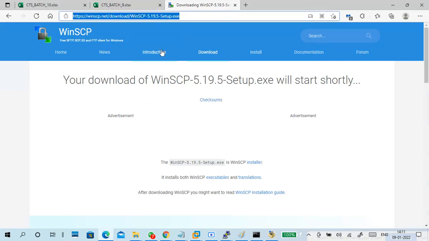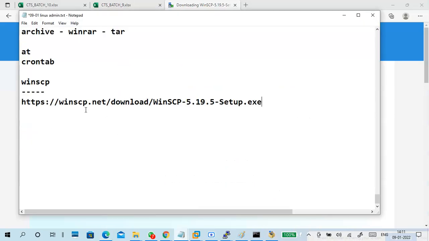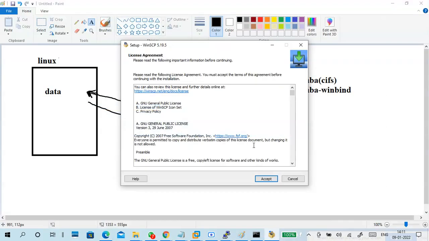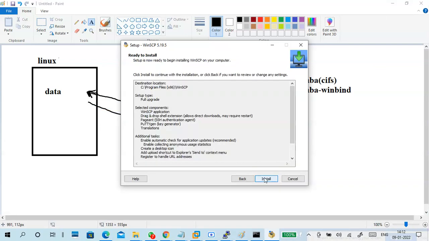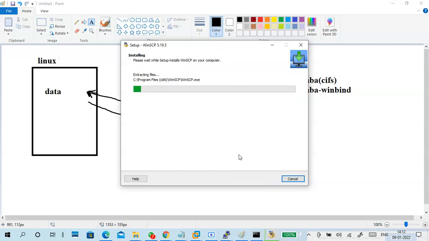Download it. Next, install it. Accept. Normally a new installation will show a full upgrade prompt, but I already have it. Next, install. If you want a shortcut, you can create one. It is a very simple installation.